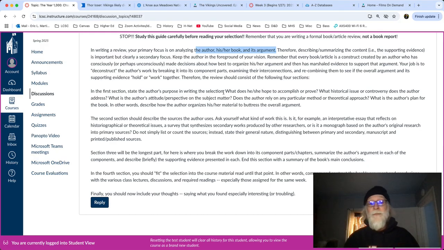Section 3, you break the work down into components, parts, and talk about how the author discussed this in the first part of the chapter, and this in the second part, and this in the last part, and come to the conclusion. So that's going to be the longest part, right? And that's the part where you're most likely to fall into what you might think of as a description or a